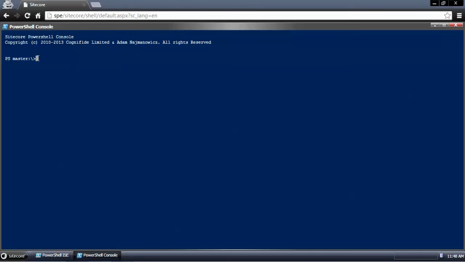So I'm going to start off with the PowerShell console. It's just a good playground to see output and just run commands interactively. So the first thing I want to do is show you about variables. So in general, variables are going to be